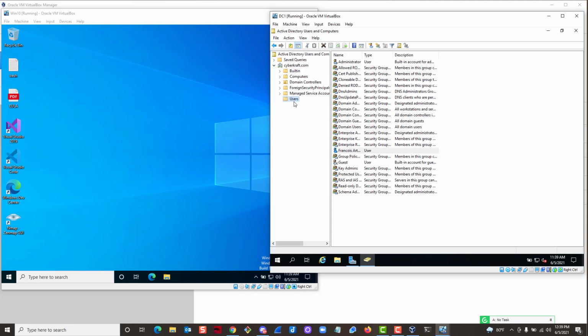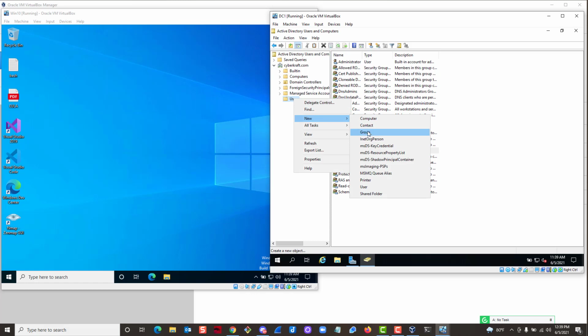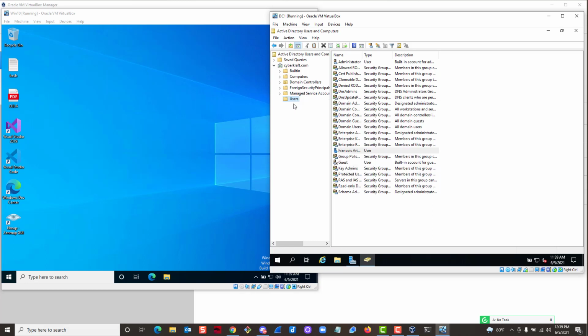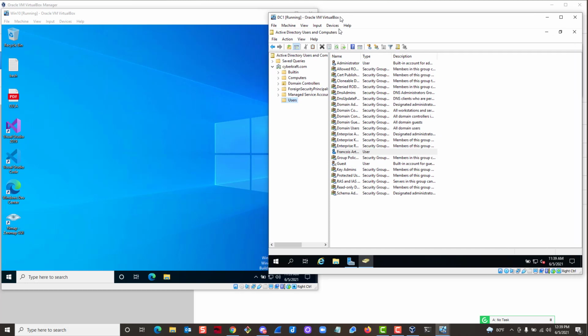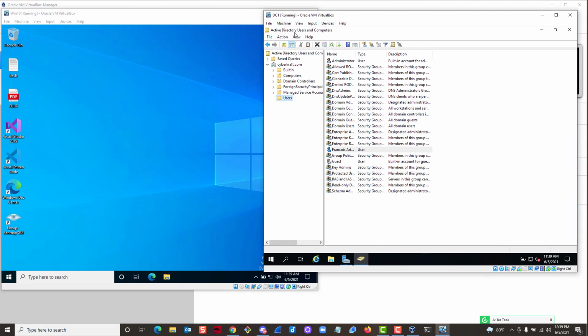Now you can create groups as well. You can right click on users, go to new, then you can create groups, you can create computers, contacts, and a couple more things here, including printers. So again, this is not a Microsoft class. Microsoft do have an MCSA certification track, I believe, if they haven't gotten rid of that one. So they have that if you're really interested in learning more about Active Directory and stuff, which I highly recommend